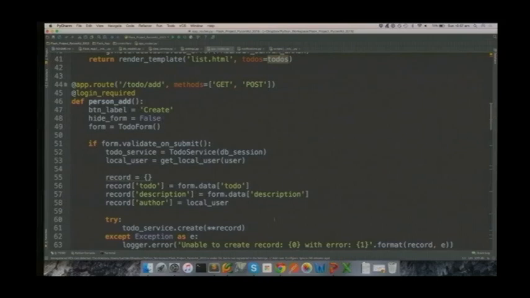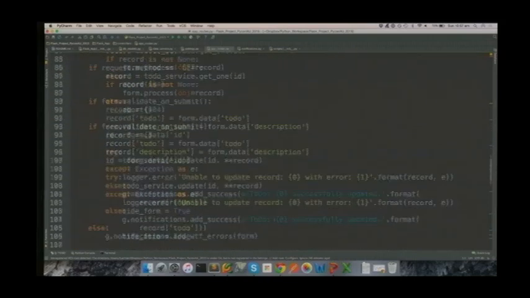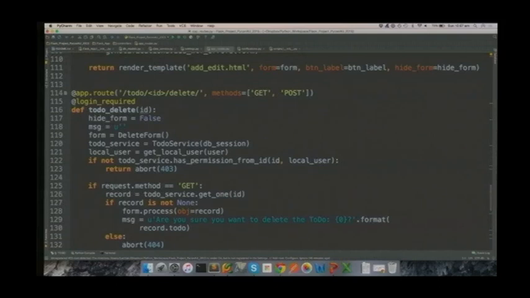The other routes we have are add, edit, delete, etc. Again, they don't do anything particularly amazing, but I think they give a good demonstration of how you can actually use Flask to get data from your database and send it back to your users. The one thing that's worth pointing out here, and I'll do it just above,